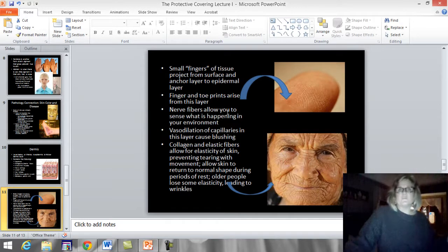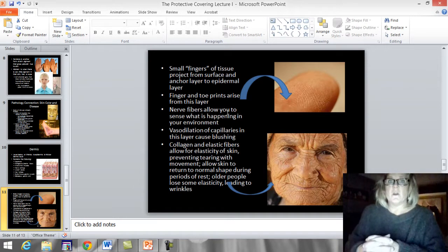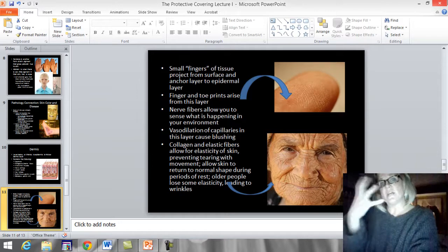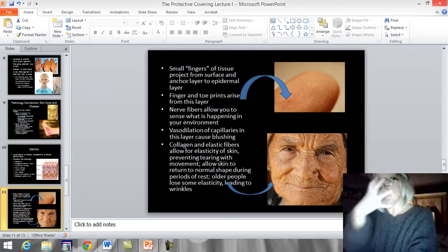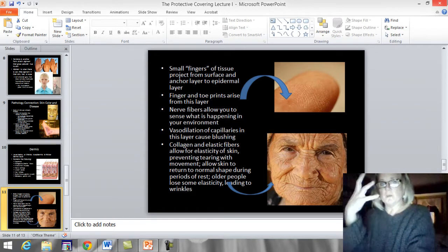Okay? In the dermis, this is where your finger and toe prints come from. This is where your nerve fibers are that allow you to sense what's happening in your environment. If you touch a hot pan, your hand is going to withdraw. When you're running around playing soccer, and you get all hot and sweaty and red in the face, that vasodilation is what causes you to get really red and flushed. Or if a cute guy walks into the room and you start blushing,